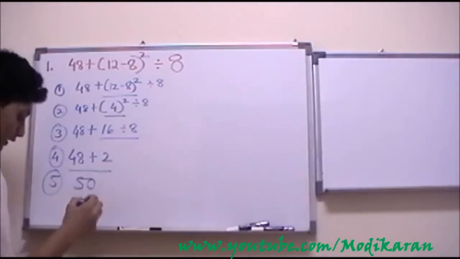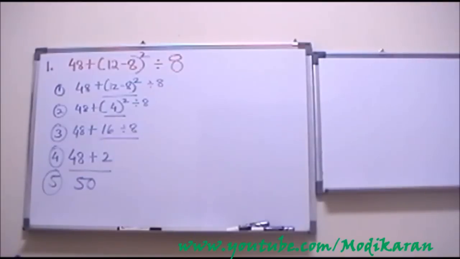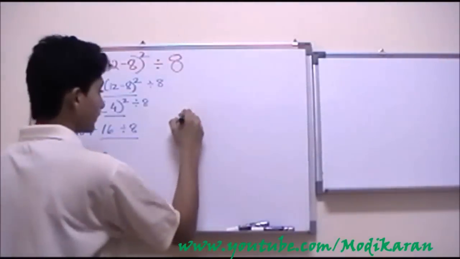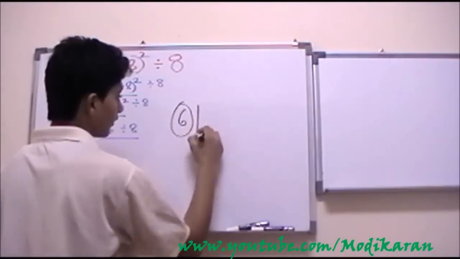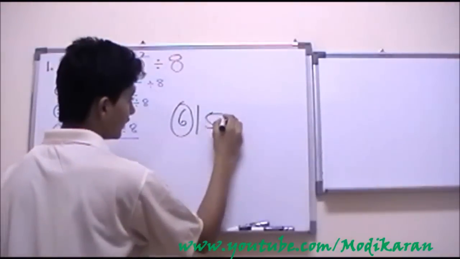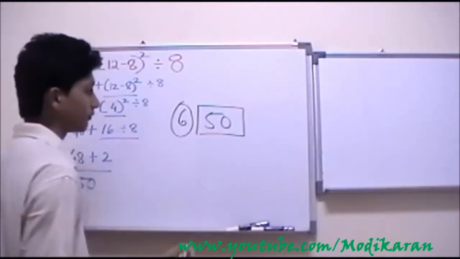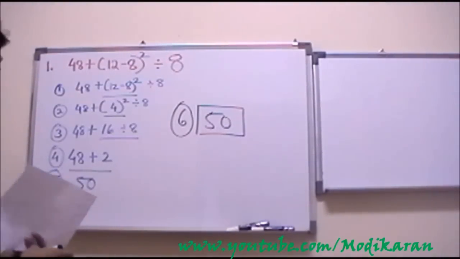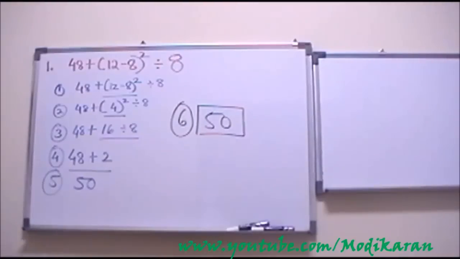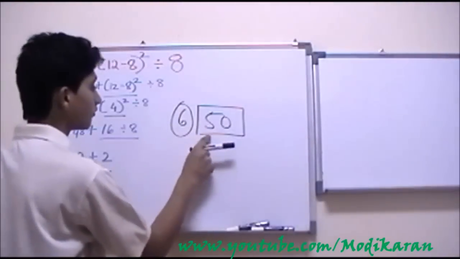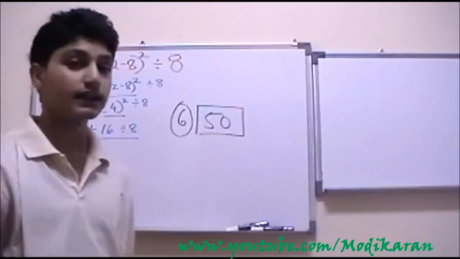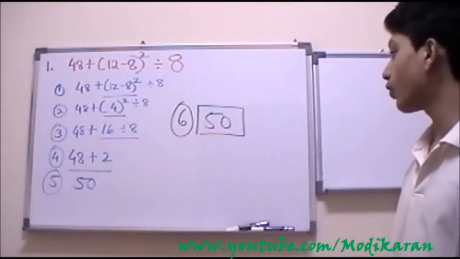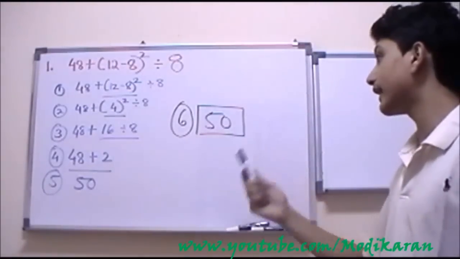So 50. Now since you got the answer, you need to follow the last step in order to get the full credit. You go 50, put a bracket, okay? Well, it also turns out that if you don't do that, it's basically okay, but if you make it like that, it's going to give teachers more understanding of how you got that answer and